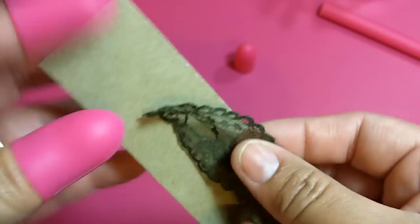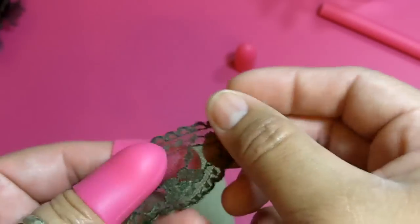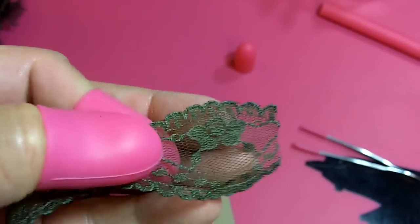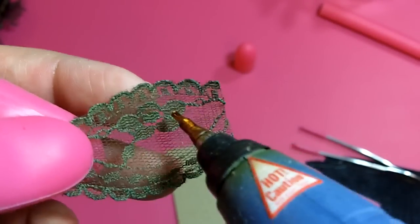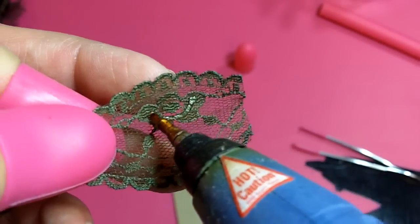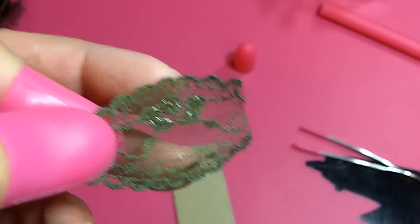Okay, and then when I add glue, when I add tack lace down to a project or whatever, I'm gonna use a piece of chipboard. What I do is I typically try and add glue to a section of the lace that's pretty solid. It's not just a tulle, so it doesn't show so much of it. You might have a little bit of it showing, but sometimes there's next to nothing. So I do that,